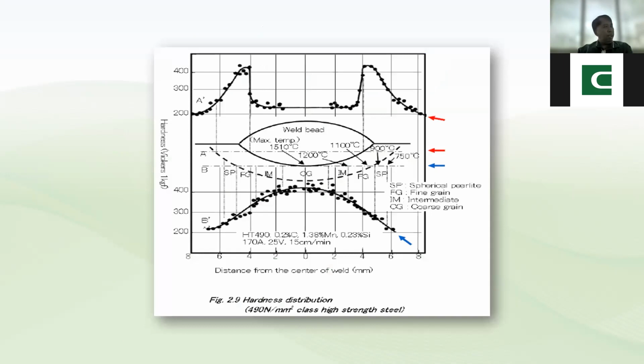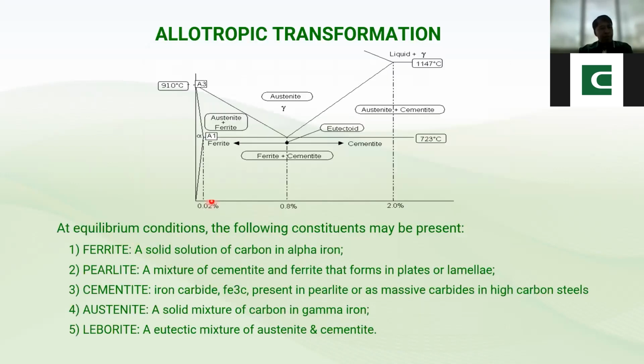So anong nangyayari sa bakal if this is our weldment? Tumataas ang hardness sa ating heat affected zone. Pag mataas ang hardness, anong nagiging effect? Nagiging brittle material. Ano yung brittle? It behaves like a glass. So madali siyang napuputol. So these are the different transformation of your metal from pearlite, ferrite, pearlite, cementite, hanggang naging liquid stage na